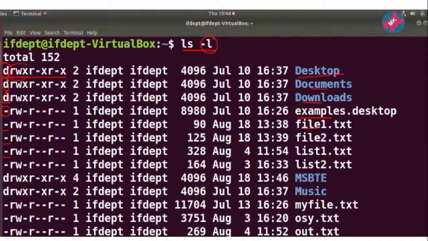Then the next three bits tell you about the group rights, and the last three bits tell you all about the others. So there are three types of users: single user or owner, group, or others. This is how the permission string is observed when you use ls -l.